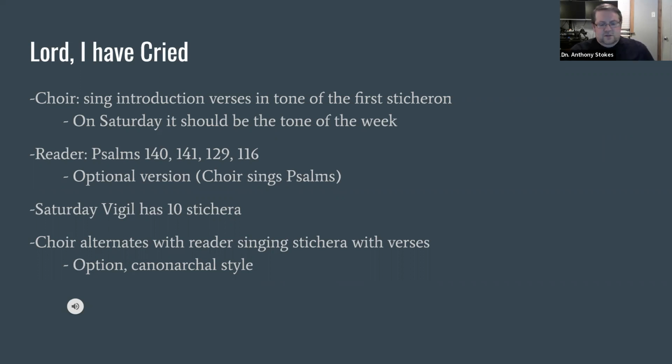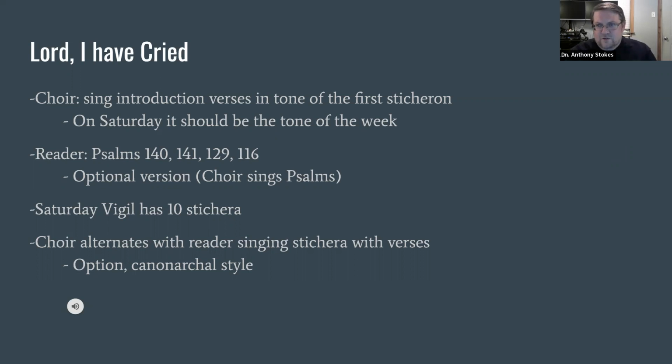And these 10 stichera come from various places. So this is where these rubrics that we talked about come in. You can go to the outlines that the OCA provides, or you can go to the actual service itself, or you can go to the liturgical calendar that comes from St. Tikhon's. And for the weekends, at least, you can go in those places and you can pull up the service, and it'll say,